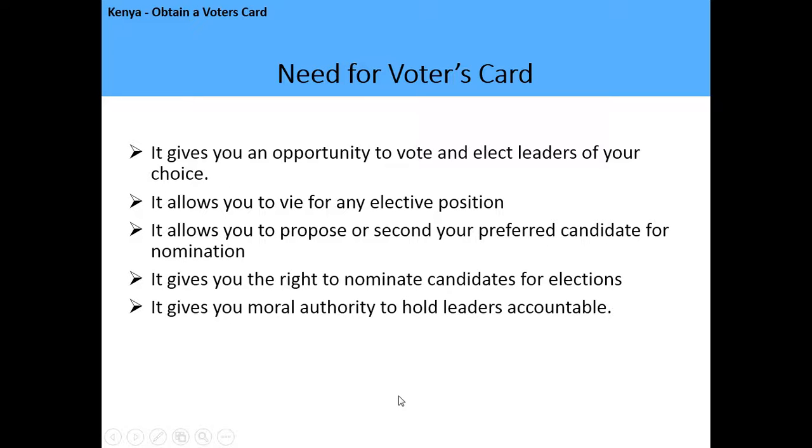Need for a voter's card. A voter's card gives you an opportunity to vote and elect leaders of your choice. It also allows you to vie for any elective position. It allows you to propose or second your preferred candidate for nomination. It gives you the right to nominate candidates for elections, and it gives you the moral authority to hold leaders